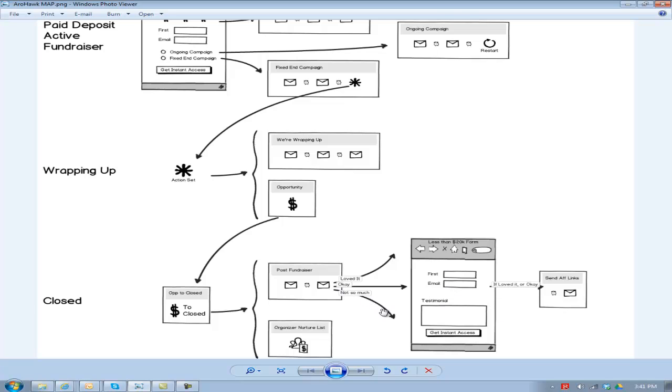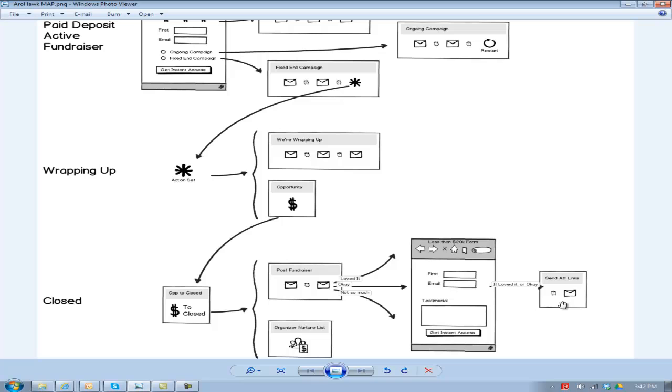If they didn't like it so much, then we just say thank you very much, and we end it there. If they've filled out the testimonial, then we prompt them with another email asking them to promote this fundraiser and send it through Facebook, Twitter, email, or anything else to all the people they know who also need to raise funds, so that you get another bite at the apple as an affiliate because you are paid